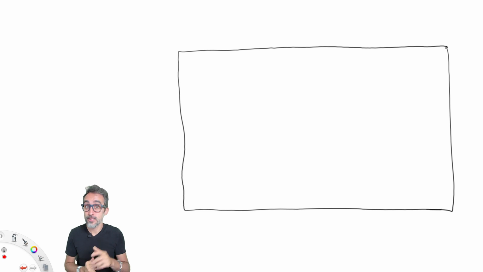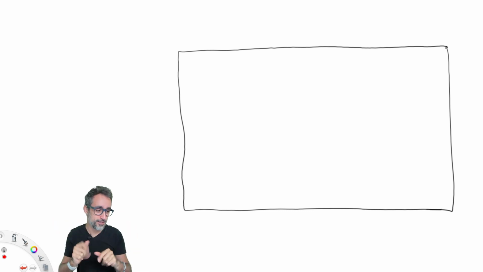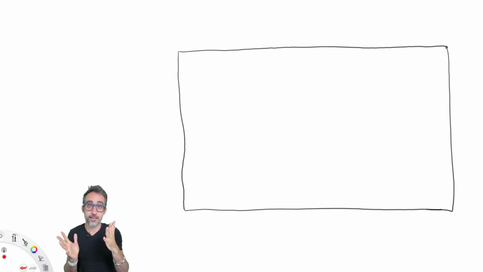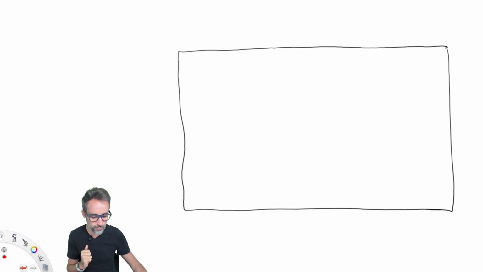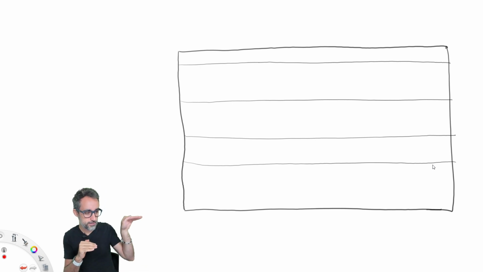Okay, as usual, let's do a little bit of sketching to use our brains to think through the problem before we go into actually developing anything. So what we want is to create, for example, the facade of a building. And in this facade, we want to create it with some kind of pattern that feels random. So we probably want to have, for example, rows of panels,